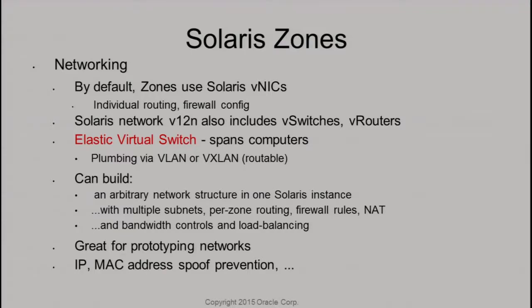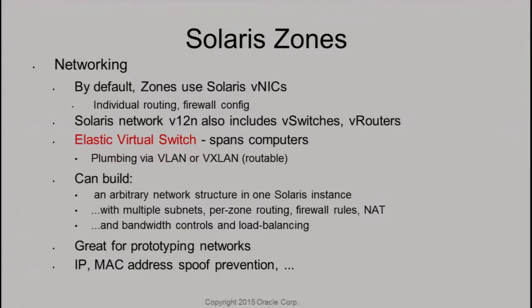In Solaris 11, we also added a bunch of network virtualization features. So we have virtual NICs, virtual switches, what are essentially virtual routers, but a virtual router is just a zone with 2 virtual NICs and routing turned on, and then you do whatever you want inside there, which also has load balancing and NAT and firewall features. So you can create a zone that's a firewall. One side goes out, one side goes into all your zones on the inside that themselves don't have any network connection to the outside. Even an elastic virtual switch, so layer 2 switch that spans multiple computers, and the different